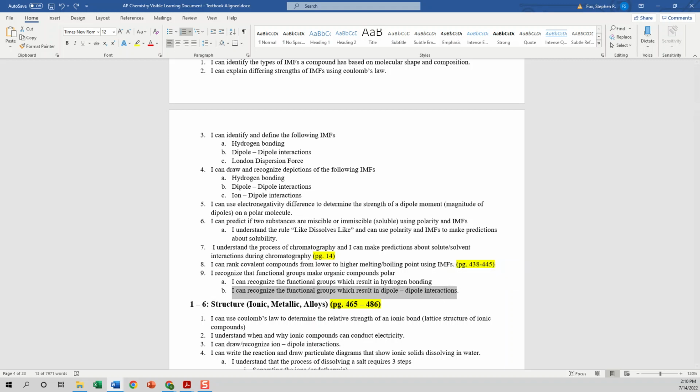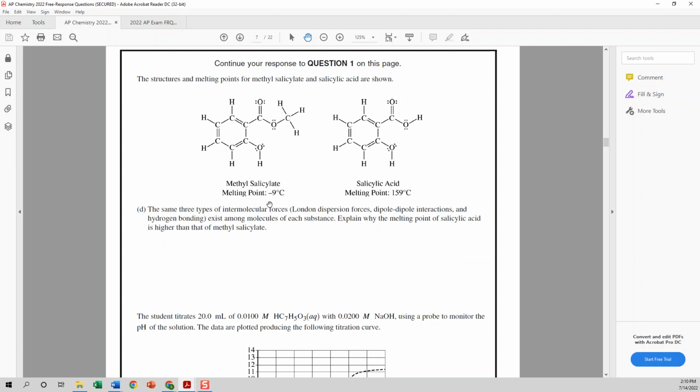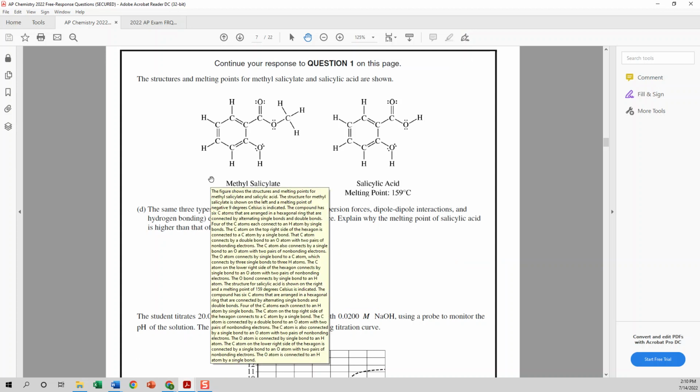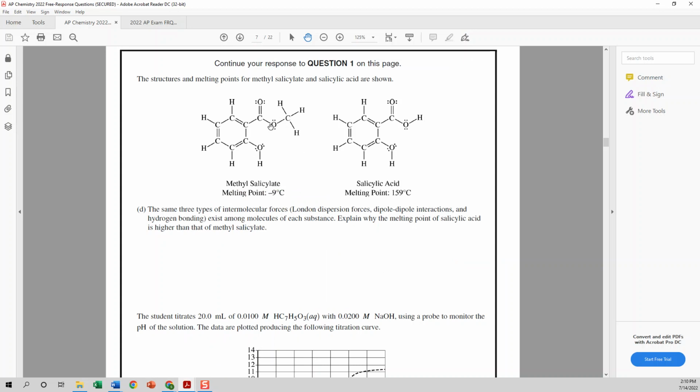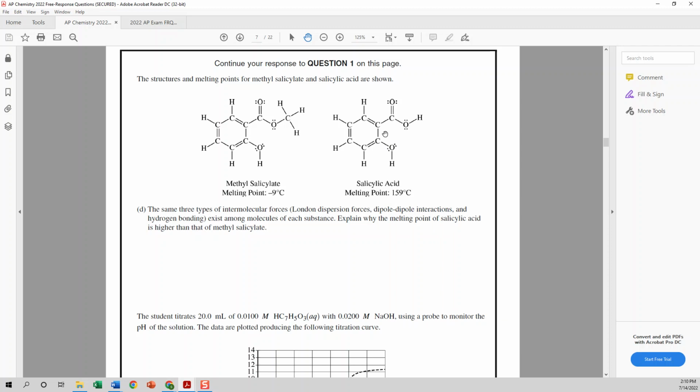in dipole-dipole. So the reason why this is kind of important is they might have asked you, in previous tests, I've seen them give you compounds and you have to list the IMFs that they have. They could have asked you which IMFs do these experience. And the answer, again, they gave it to you, is all three. But you should be able to look at this and know it's all three, and you should be able to look at this and know it's all three. So that's why I said kind of 1-5